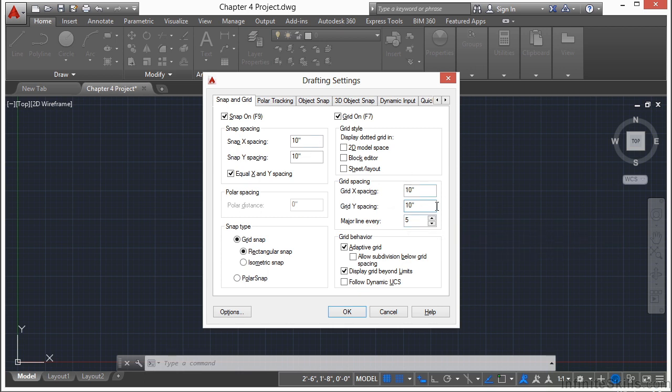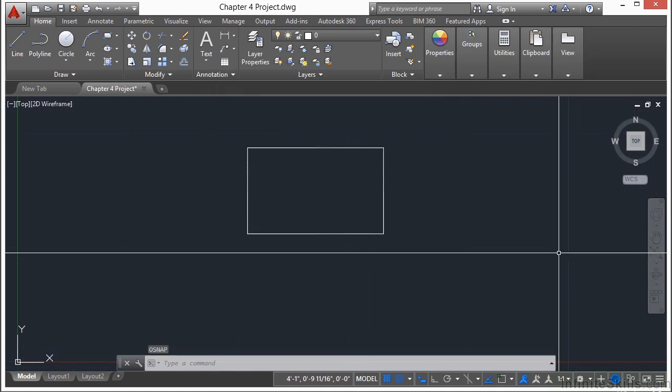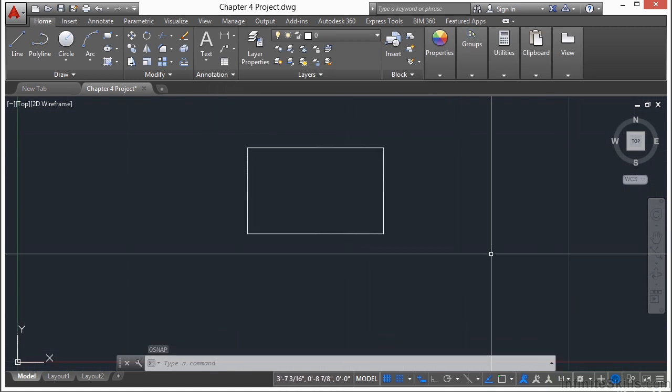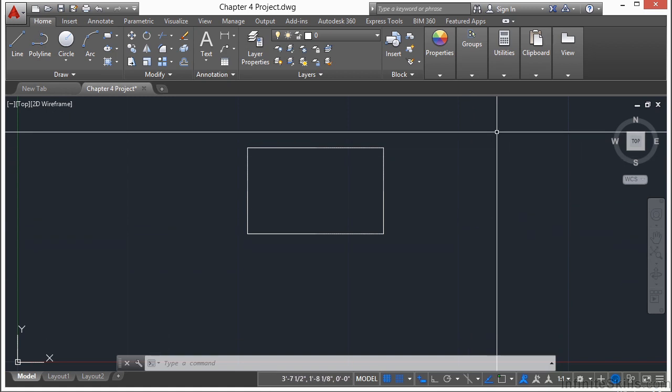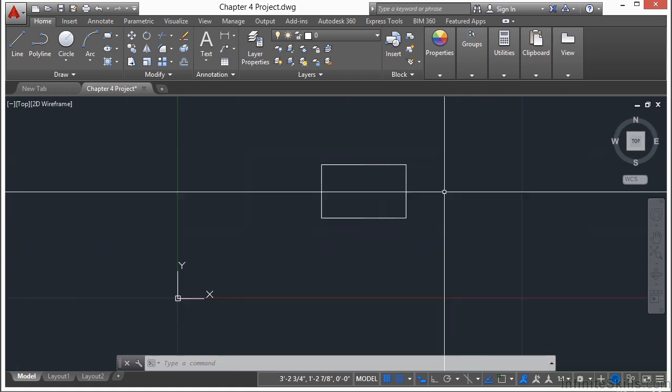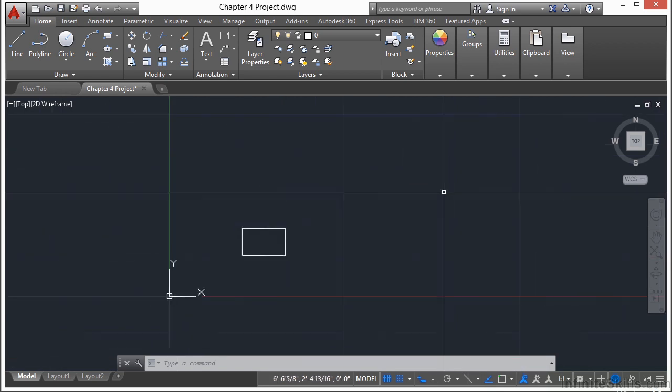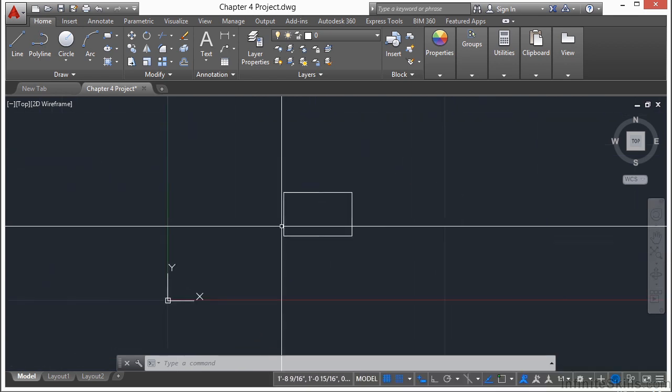Now we have 10 and 10 throughout. Make sure your other settings match. Click OK. Now you'll see our grid has visually changed. So our grid reflects that every line is 10 units away or some factor of that. As we zoom in and out, you'll see that it gets a little bigger or smaller, but they're